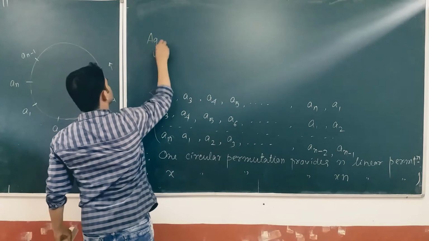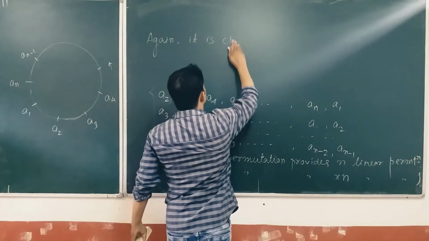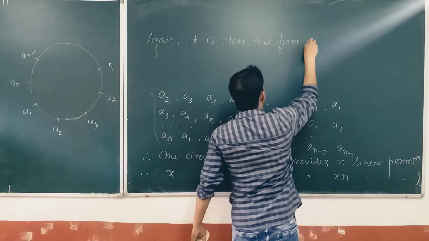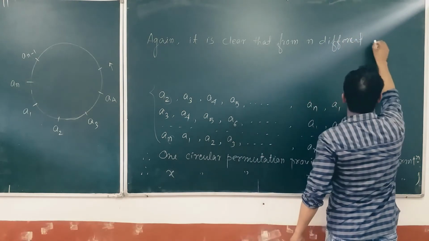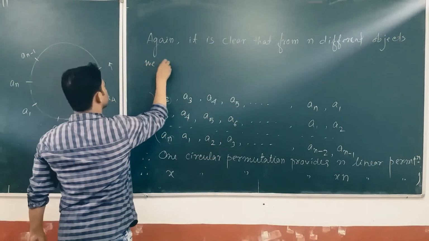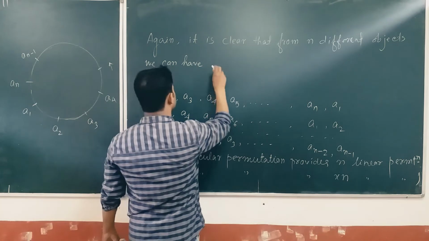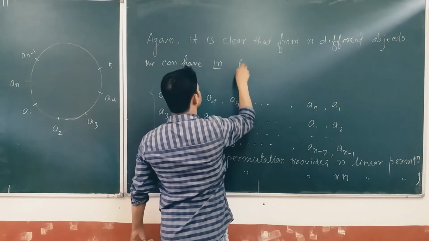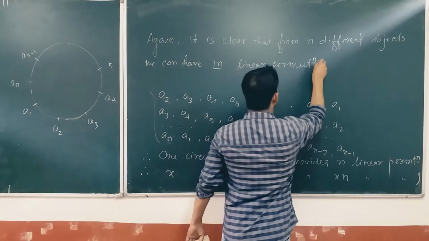Again, it is clear that from n different objects we can have factorial n permutations or linear permutations. n টা ভিন্ন বস্তুর পর আমি পাবো। ওই permutation word to short form লিখেছি।